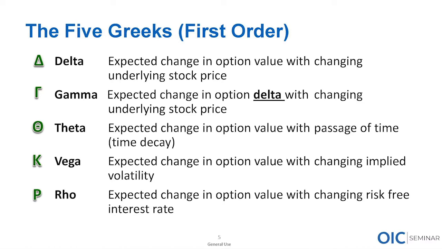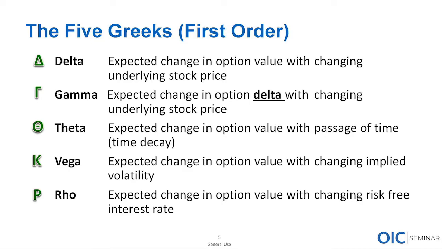A few words about the Greeks overall. Let me say first order. What do we mean by first order? Well, there's a lot more Greeks than just these. There's dozens of them. And sometimes I'll be posed the question by risk management teams. They'll say, Ed, I've gotten this list of Greeks. Do you know what they are? And sometimes I don't know what they are. There's a lot of Greeks that exist that are derivatives of each other, and second tier and third tier Greeks. But these are the first order, the most commonly used Greeks that exist, and they are delta, gamma, theta, vega,